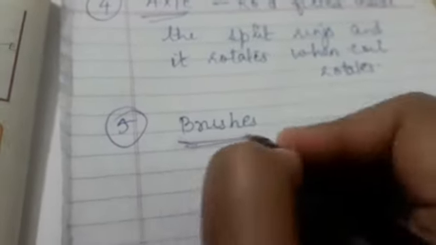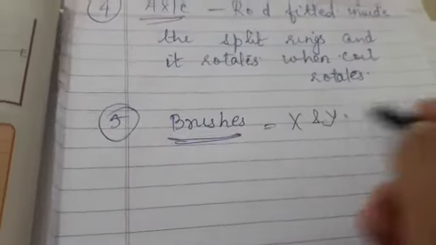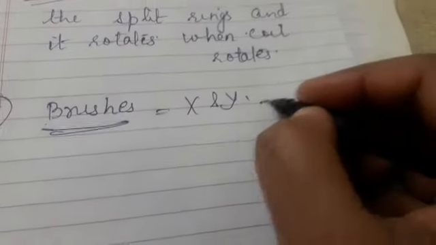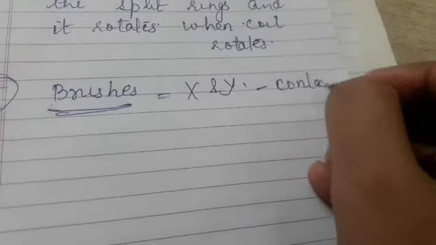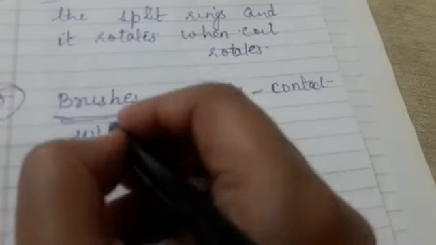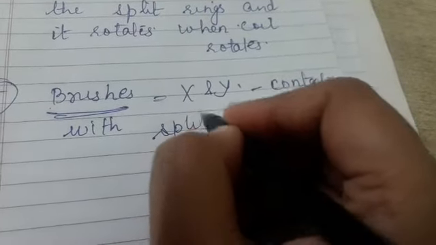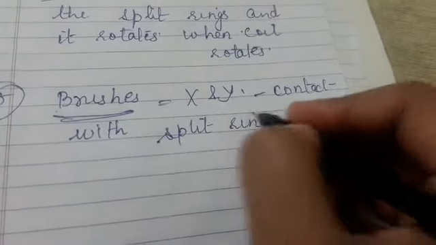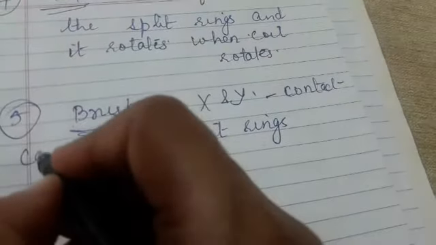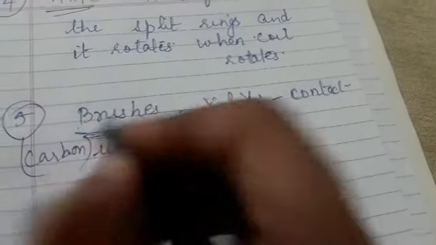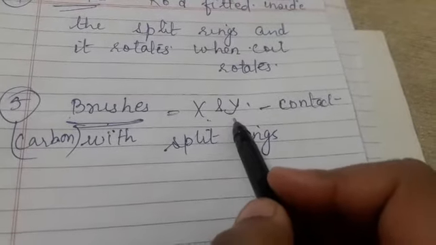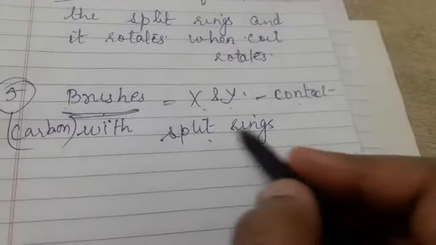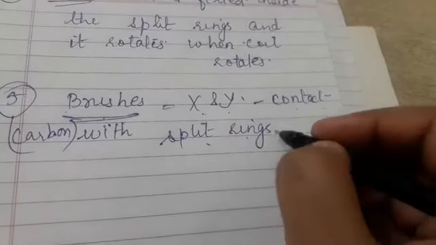Then there are brushes. Now in the diagram brushes are shown by X and Y. Brushes are actually in contact with the split rings, and these brushes are made of carbon. Okay, so what did I say? Brushes are shown in the diagram by X and Y, and these are in contact with the split rings, and these brushes